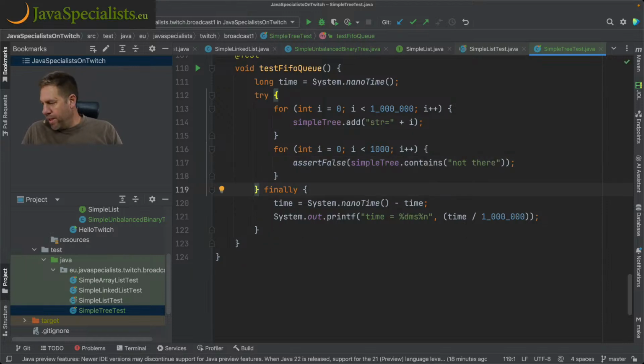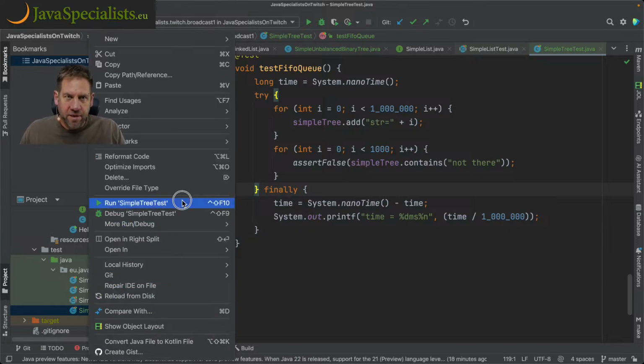it's not there. And because this is an unbalanced binary tree, it's going to be very slow. Well, fairly slow. It's got to go through the whole tree every time, and it's not balanced, so it's going to be pretty bad. So let's run the test and see whether the binary tree is even correct before we